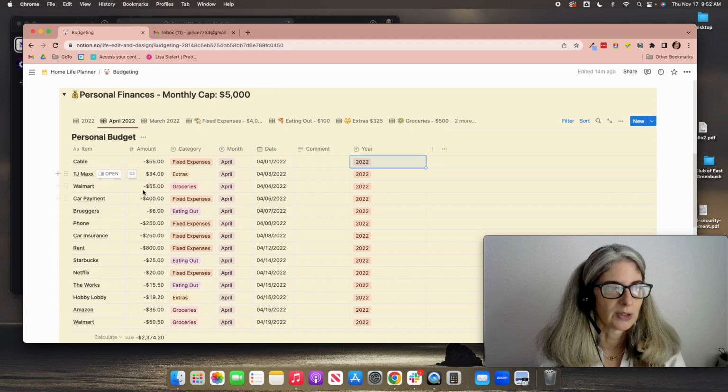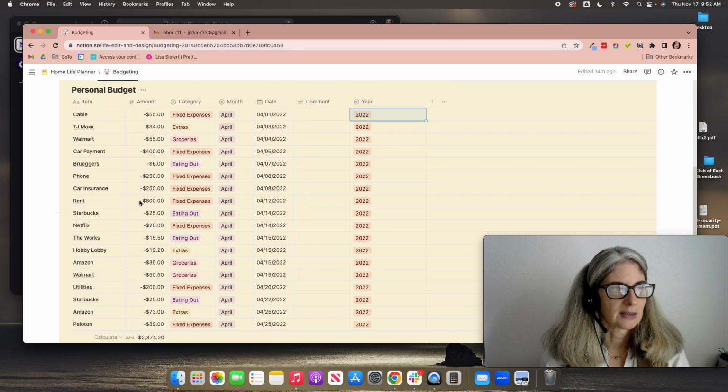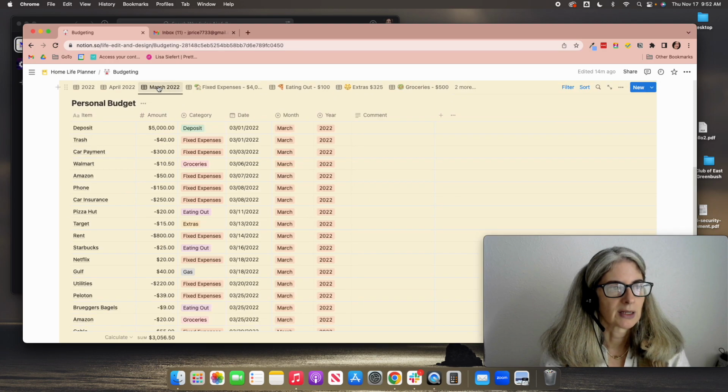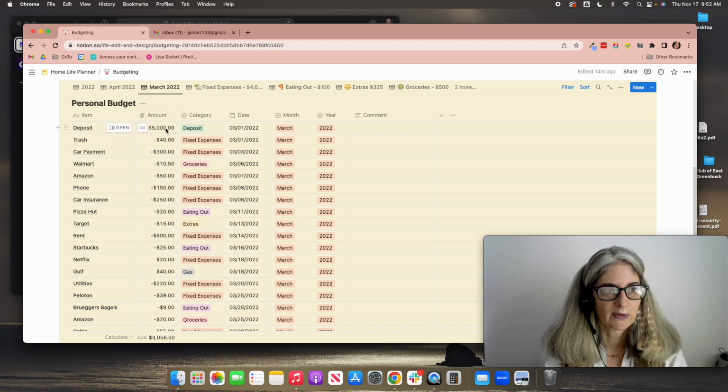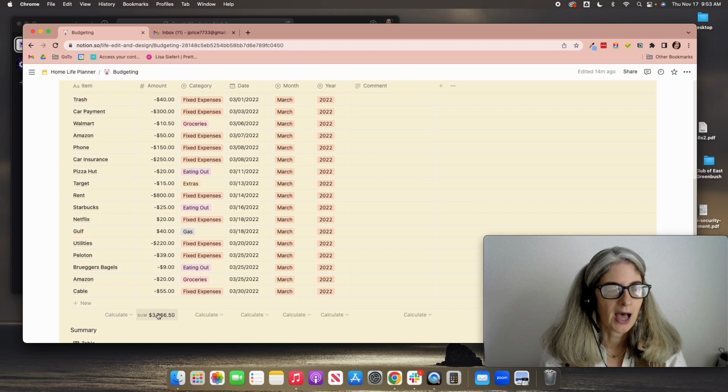So what's so cool is I start off each month with a deposit. So let's see if I did it correctly here. I started off with a deposit of $5,000. So that gets me to make this sum work. As I do each entry, I do this negative symbol. So that's going to deduct from that 5,000. So I started with 5,000 positive at the beginning of the month, and then it does a running deduction each day, or I'm sorry, each entry that I put in,